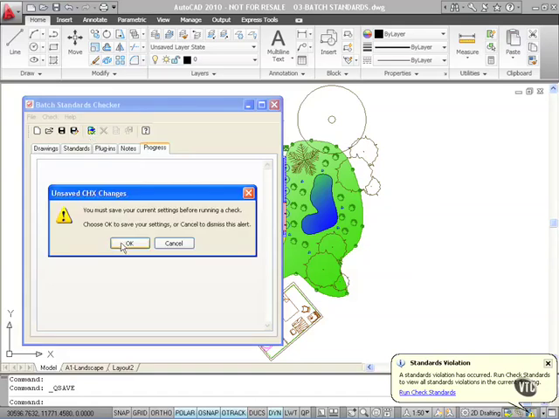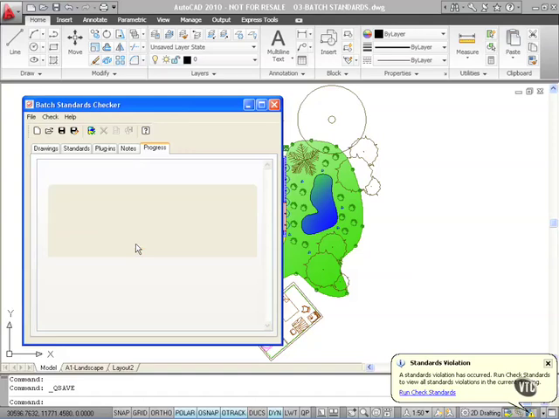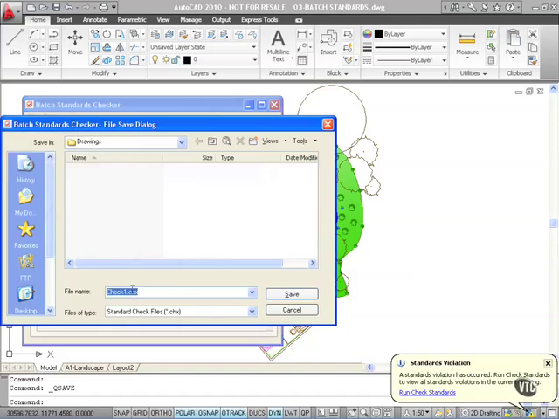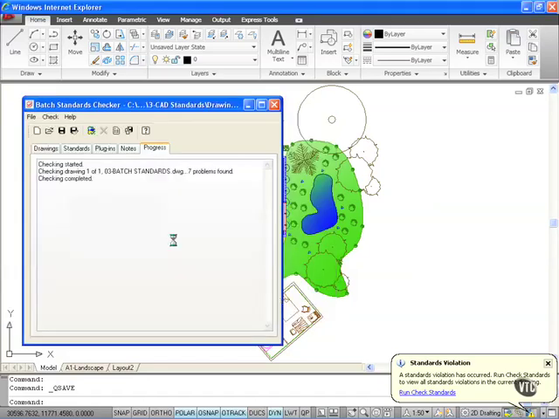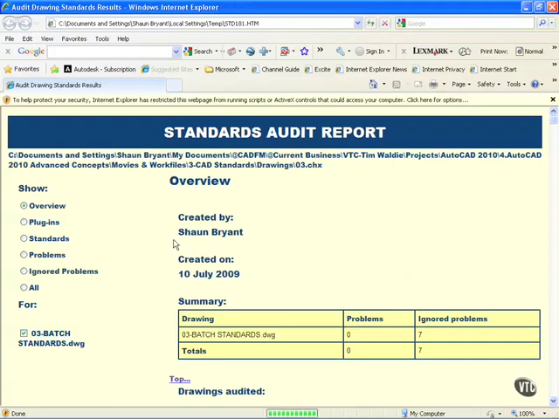I must save the drawing. That's fine. So I OK that. That's all saved. I've got to save this CHX file. That's a check batch standards file. So I'm just going to delete check 1 there, and what I'll do is I'll just put O3 for now. That's our O3 CHX file, our standard check file. I'll save that. And as you can see, it starts checking the drawing, but look, it actually opens up an